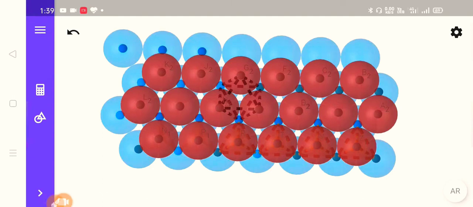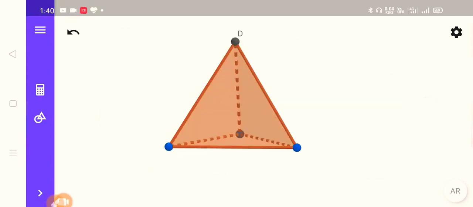Spherical shapes will leave some empty space between them, and it is called voids. Here two different types of voids are generated: first is tetrahedral voids and second is octahedral voids. So let us discuss the octahedral and tetrahedral shapes and the voids created by spheres first.